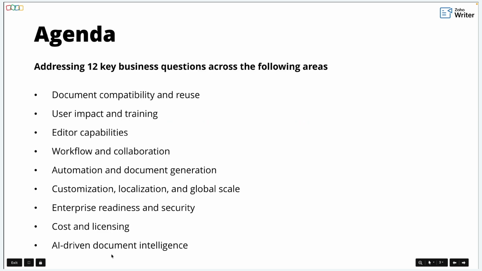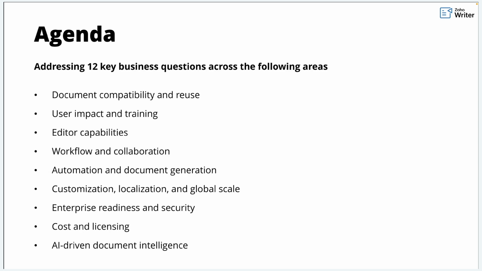Before we jump into the questions, let me quickly set the context for today's session. We are going to address 12 real business questions that typically come up when teams think about moving to a new document creation tool. We'll start by looking at document compatibility and reuse so you can clearly understand what happens to your existing Word files, PDFs, and forms.